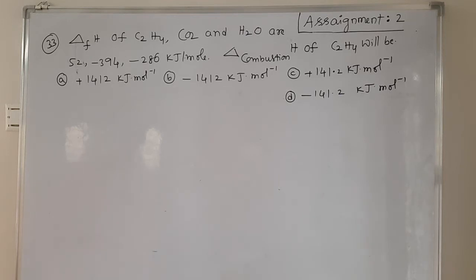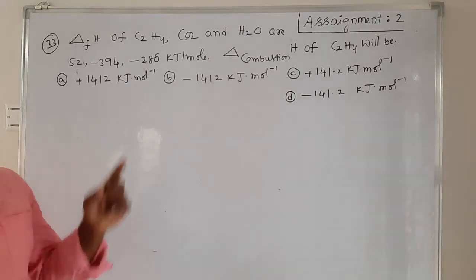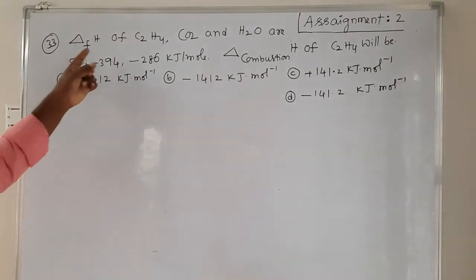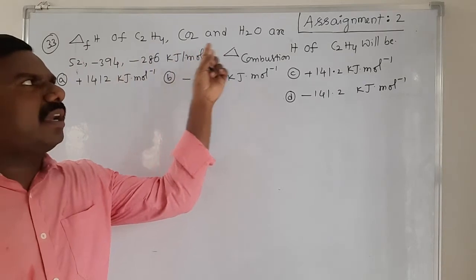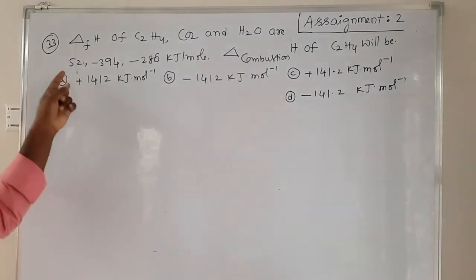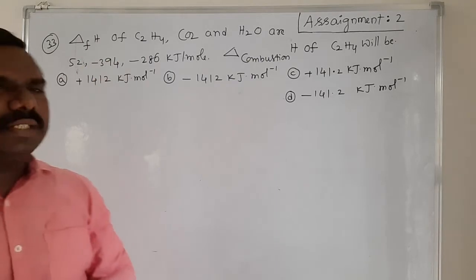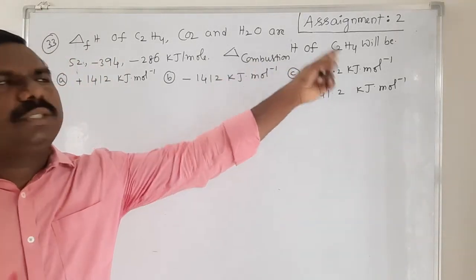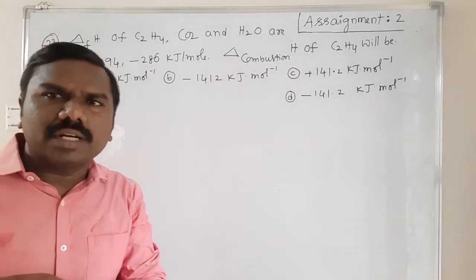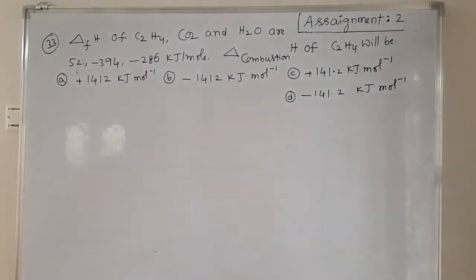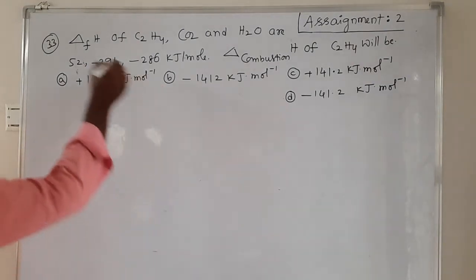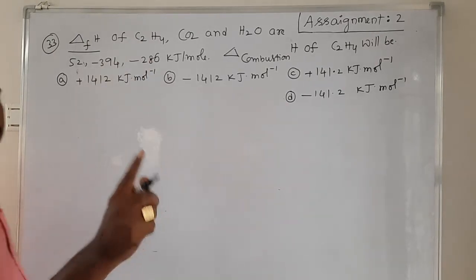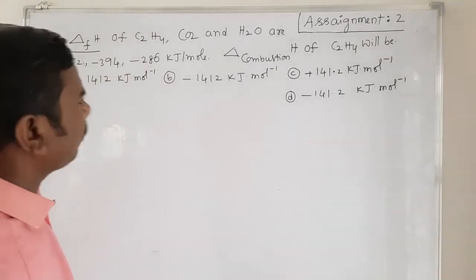Okay, students, next, question 33. Question 31 is easy, that's why you try. Question 33 I am doing. The enthalpy of formation of ethene, carbon dioxide and H2O are 52, minus 394 and minus 286 kilojoules per mole. So what is the enthalpy of combustion of C2H4? Such kinds of questions are very, very important. Now, we'll see. First, formations are given. We will write the formation of C2H4. Formation means 1 mole must be formed, students, remember.